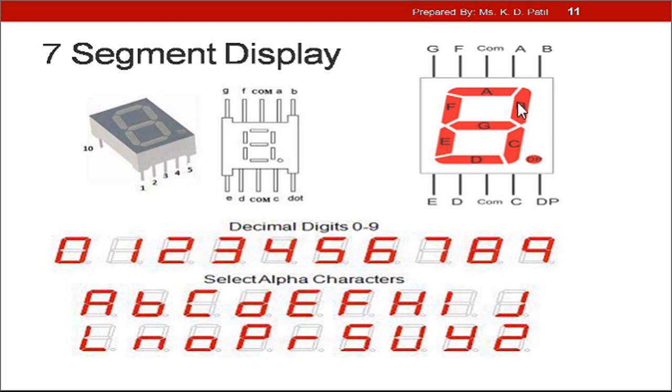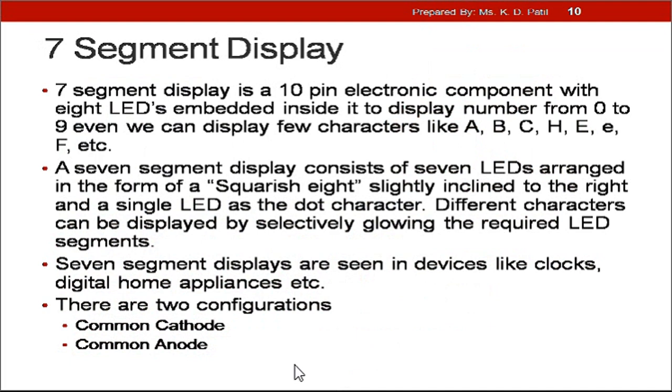This is 1, 2, 3, 4, 5, 6, 7, and one LED represents the dot. So we will require 8 LEDs. 7-segment displays are seen in devices like clocks, digital home appliances, etc.